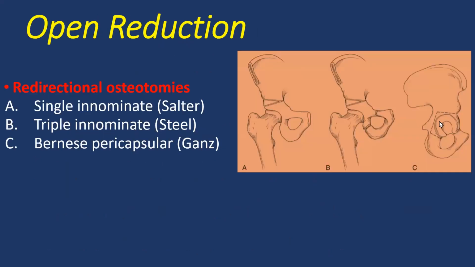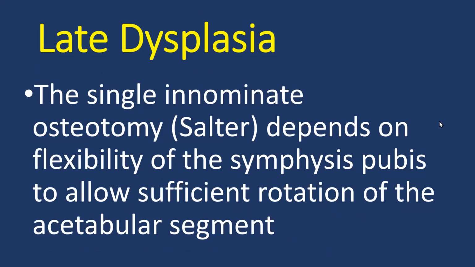This is what I mentioned previously. The single innominate osteotomy, or Salter, depends on flexibility of the symphysis pubis